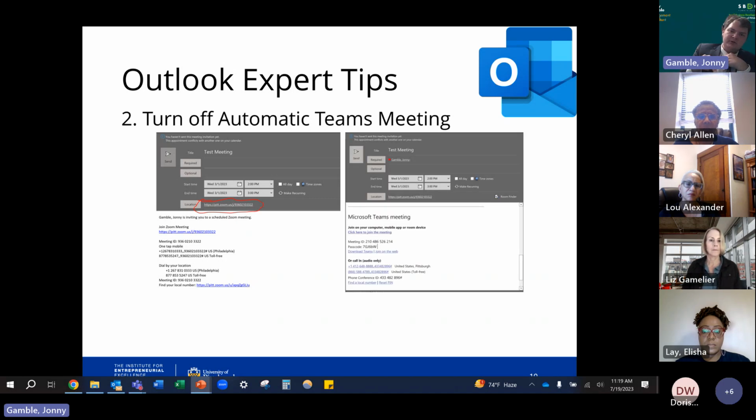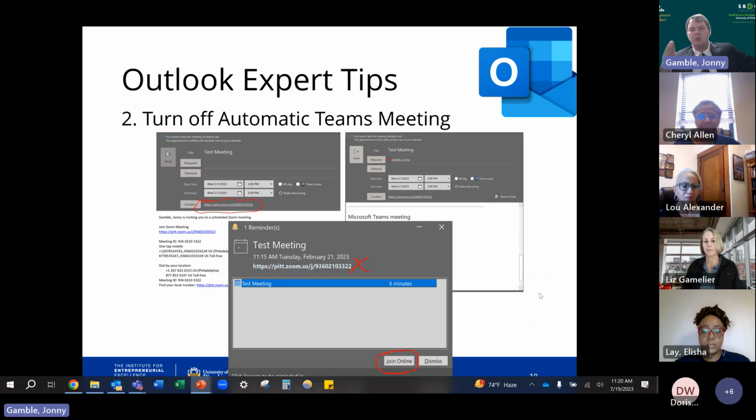However, at the bottom of that meeting request, if you scroll down over here, what you'll see is that there was a hidden Microsoft Teams meeting at the bottom of the invitation I would send to people. So even though it listed the location correctly as Zoom, there's also a second Microsoft Teams meeting automatically listed on there then. And so what would happen was when people would go and get that meeting request, they would see it looking all correct. They would see it display as, okay, here's the Zoom link right there, but then there would be a button in the bottom right-hand corner that said join online. Well, that join online didn't take you to the Zoom meeting.